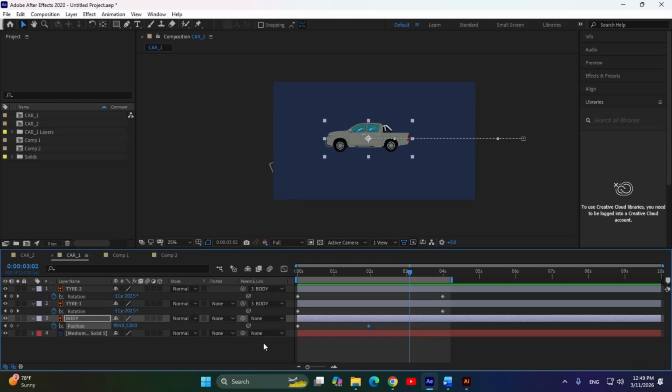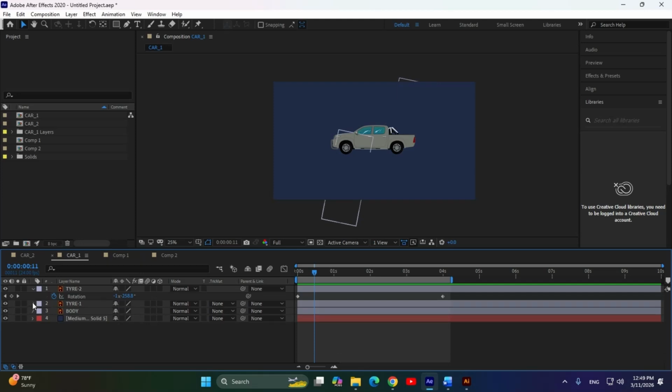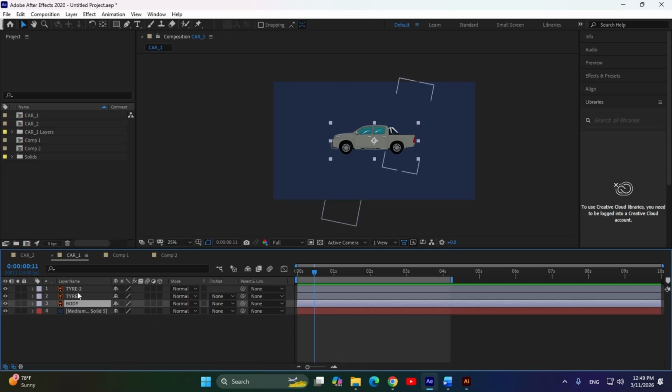So what we are going to do, let me make it back. This is from earlier, where we already created the animation keyframes like this of this wheel, right? What we are going to do, see, select all the things, select all your layers, whatever layers you have from starting to the end, right? Right click,